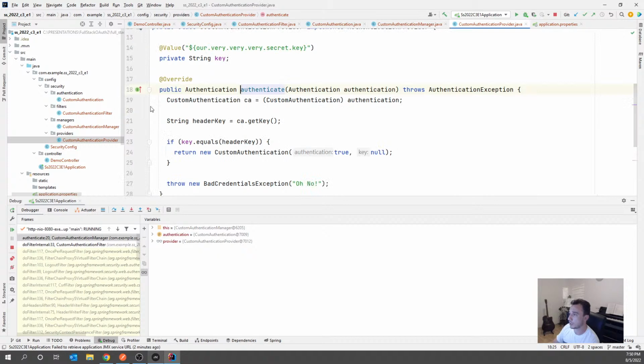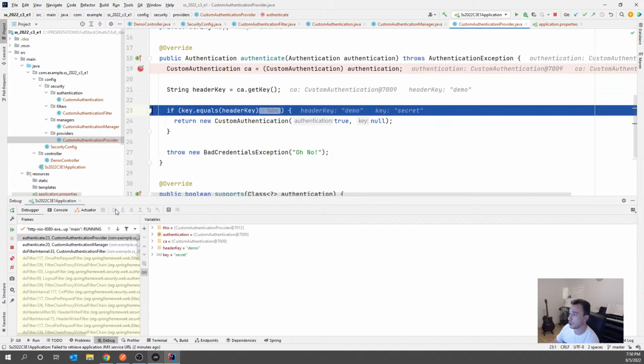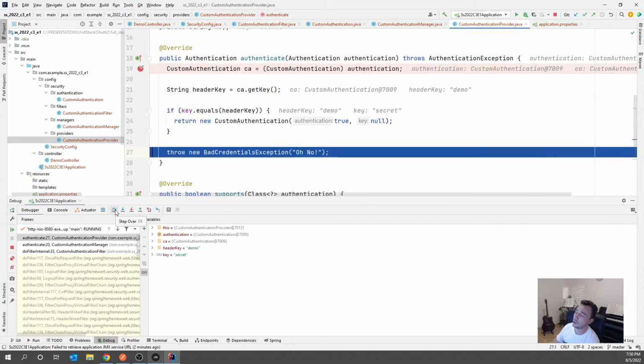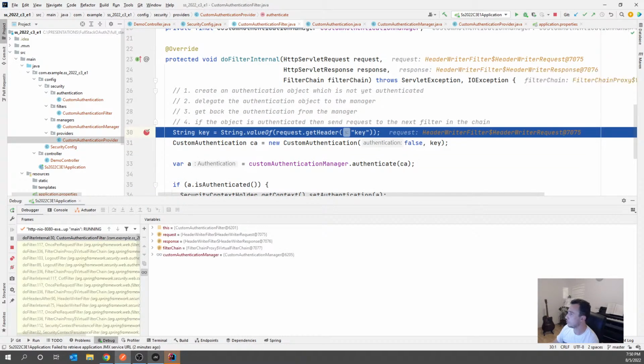And then of course next thing happens, it goes into the authenticate, it takes the authentication, takes the key, puts the condition, and something is wrong, because it shouldn't have gone here. Secret, and then the header key is demo. Oh, and it's basically, sorry, it's my fault. I used the wrong value, demo instead of secret. We will see actually that this throws the exception. Okay, fine enough. And if I would have used the correct value,